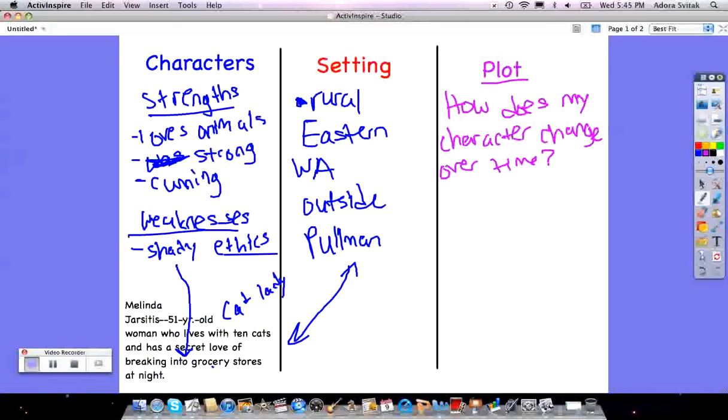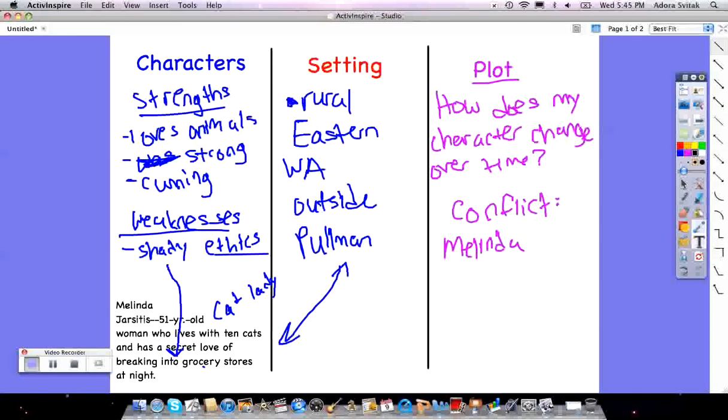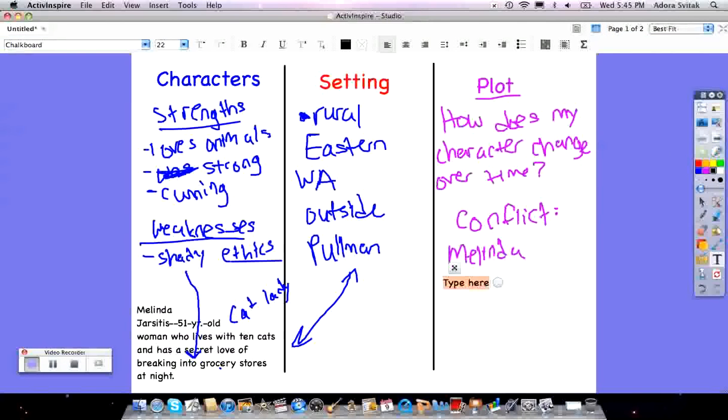it's actually kind of challenging. Well, you know what? Actually, I'm going to start with a conflict. If you're a little bit stuck as to how your character changes over time, as I am right now, then you can move on to the conflict. So maybe the main conflict here is that Melinda gets caught. I'm going to start typing, actually. As you can tell, I'm not so great at doing the digital writing. Gets caught breaking into a grocery store